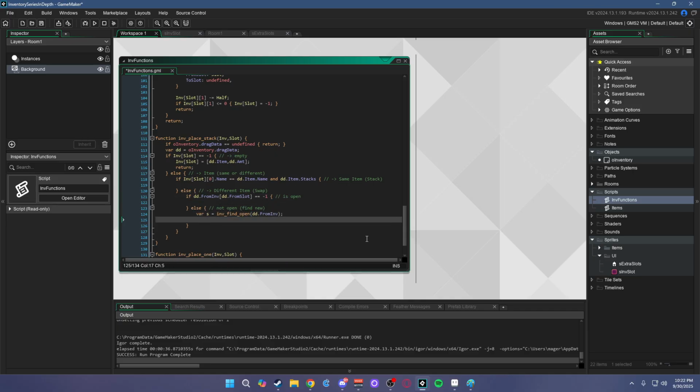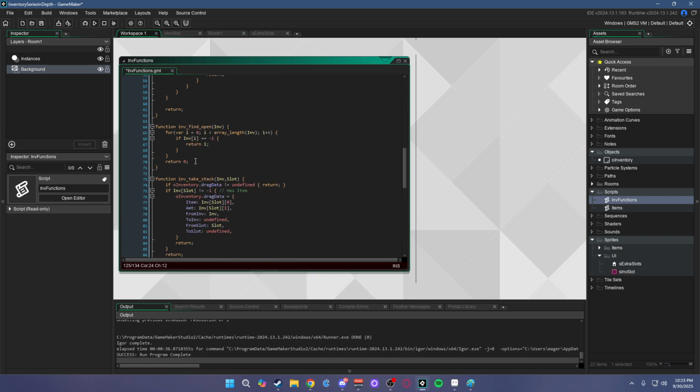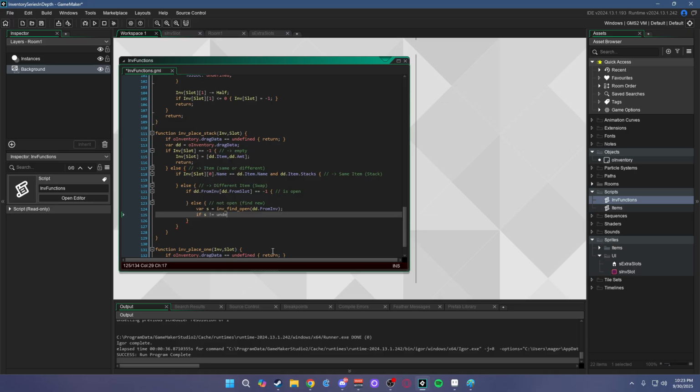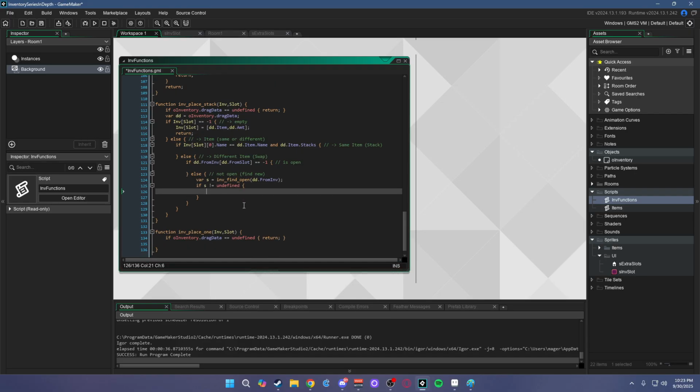Then we are going to say if s is... yeah, we're going to go back up here and deny it if it returns undefined, just because sometimes it would not be good if we allowed it. If s is not equal to undefined, then